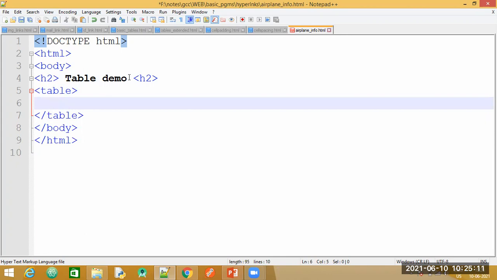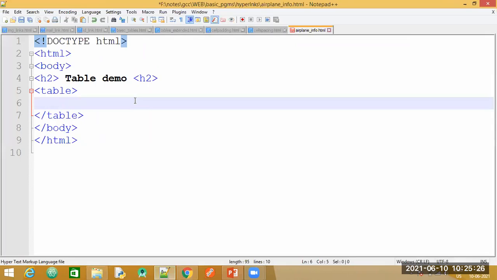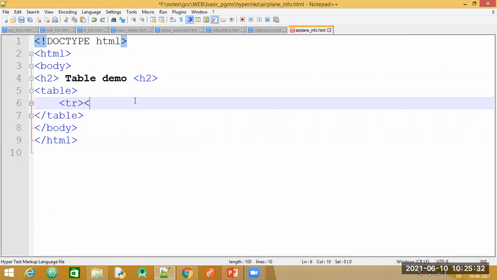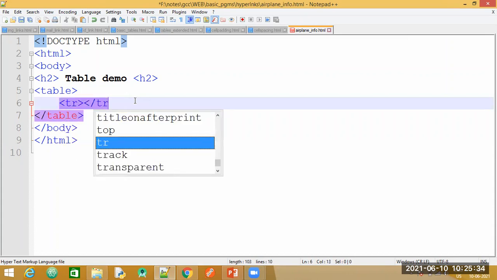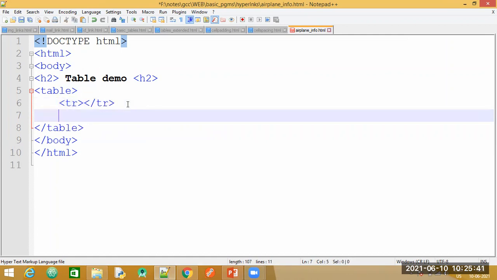Now inside the table, first of all, I need to have rows. You can see here, we are having 4 rows, so we need 4 TR tags. These all are rows. So first let us create the rows. We will write the TR tags. TR stands for table row. I'm going to copy paste this 4 times because we need 4 rows.